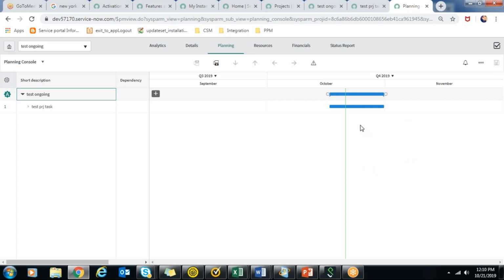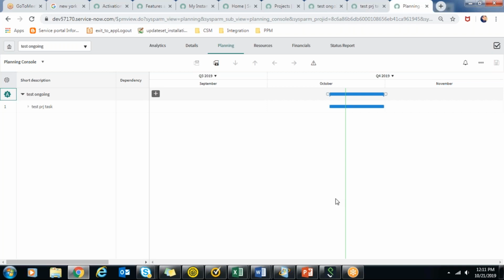Are you saying this thing about the color? Yes, yes. So that is on the state, closed complete only. Whatever is closed complete, that's the color it will come. Like, if there were 4 tasks and only one task was complete, you could have seen the color difference there.